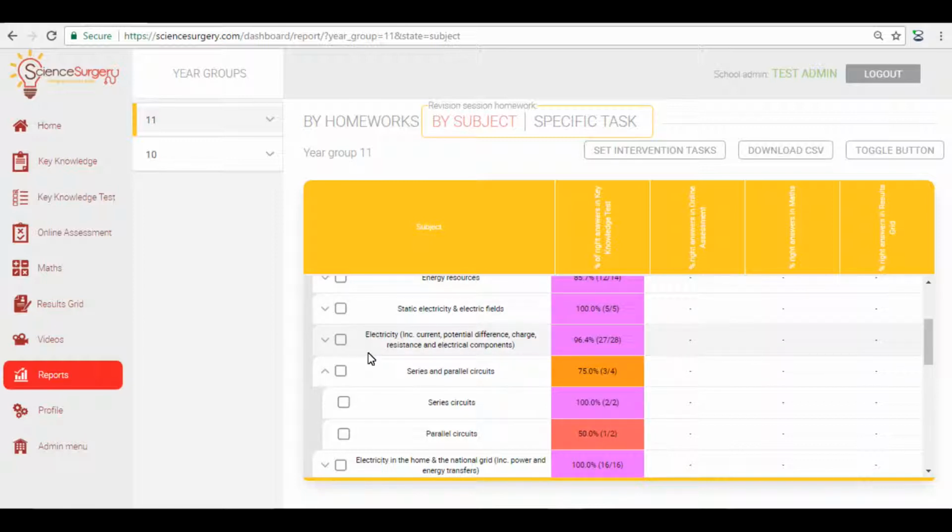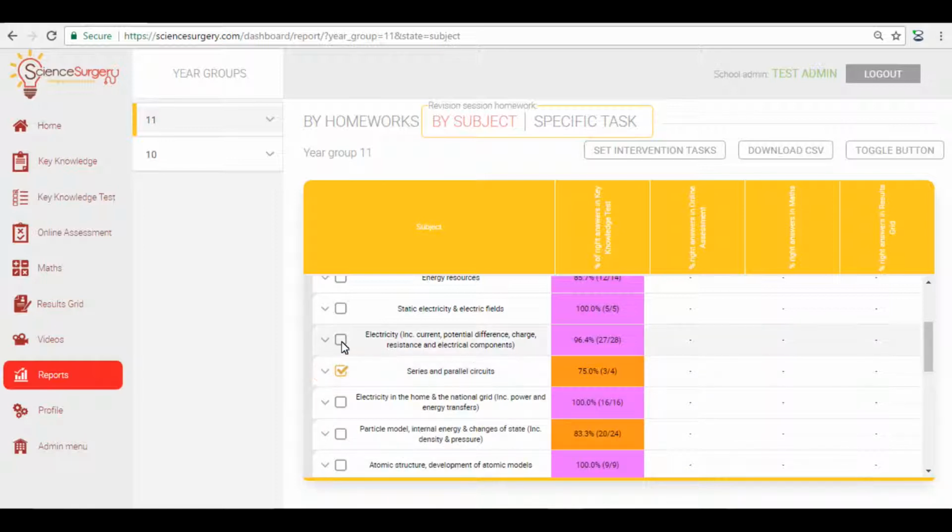If I wanted to set intervention tasks, I could click on a topic, subtopic. So that's a topic. Let me close that back up. That's a topic. These are subtopics. I could click on a couple of topics, and if I click on intervention tasks, I could set personalised activities for students based on each student's